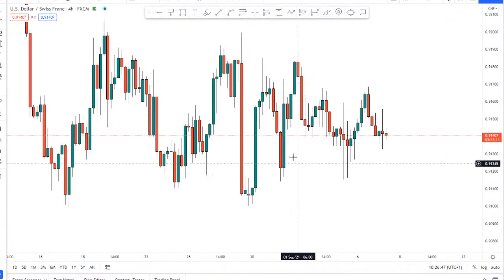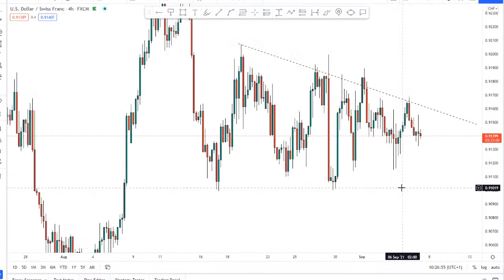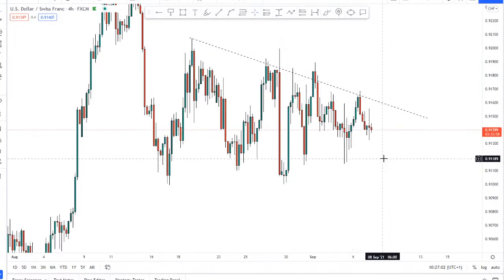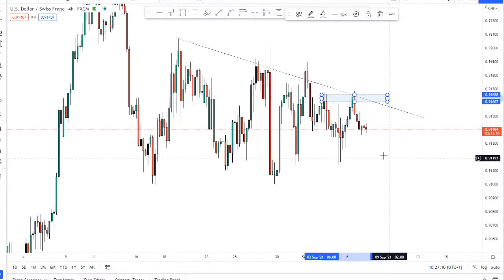Yeah, it's just very choppy, to be fair, but it is still respecting some technical analysis here. We've got this nice bearish trend line here. Price has been testing that, still respecting that really well. It's obviously respecting that support as well, but potentially we've had a bit of a double top here. As you can see, price came to that area once again and then rejected it very strongly. So I think if this 0.91600 level can hold, which is this resistance, then